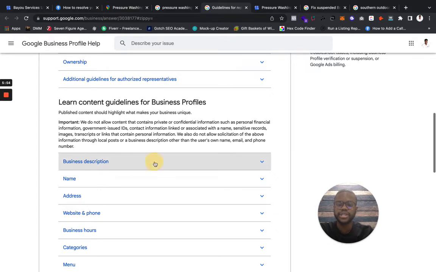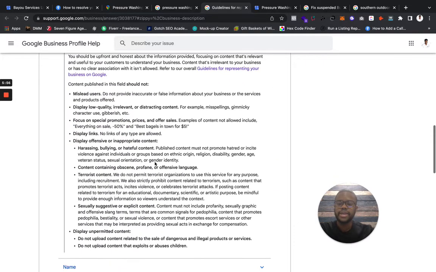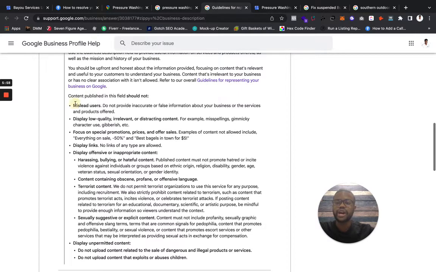So business descriptions. As you guys can see, you can read that. Do not mislead users. So don't say you have a service that you do not provide in here, right? That's basically what that's saying. Do not display low quality, irrelevant, and distracting content. Do not go ahead and have gibberish. Use correct English grammar. Don't have a lot of spelling errors. Do not include any specials or promotions or sales like, oh, schedule an estimate today and get $15 off, for